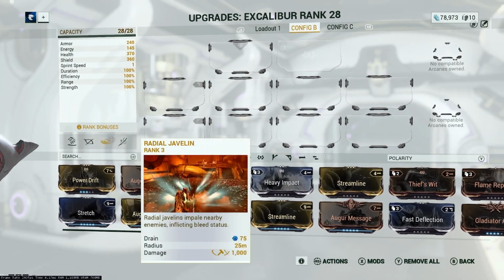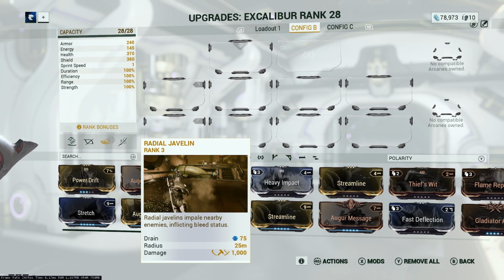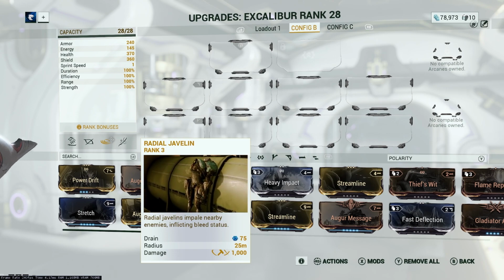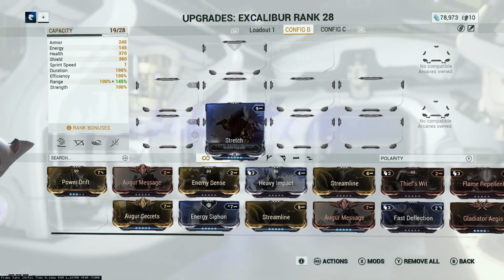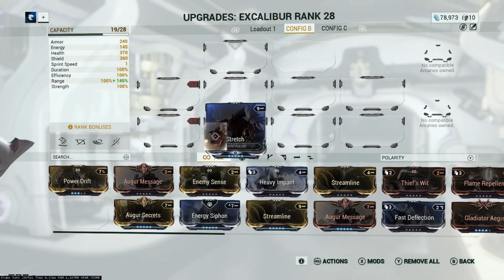His third ability, he has a radius of 25 meters, meaning the javelins, and you see in the video, the javelins basically impale the enemies. This goes as far as 25 meters. If you throw on Stretch, the 25 meters now goes up to 36.25. Now with this 4,